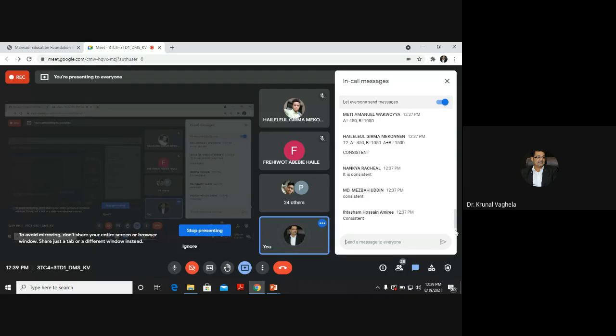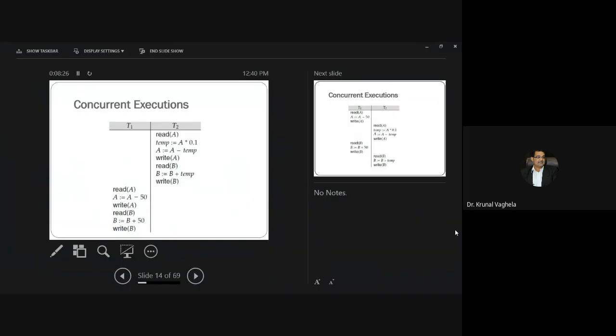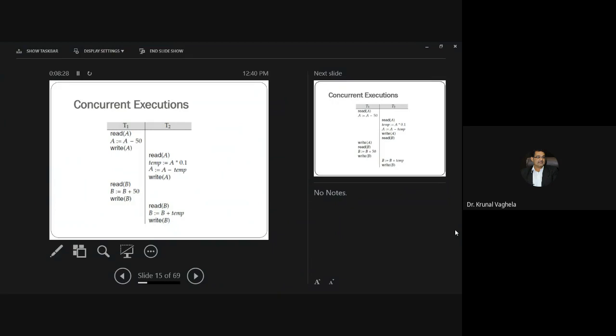Now let's run this parallelly. That means a few parts of T1, again a few parts of T2, again a few parts of T1, again a few parts of T2, and then we'll see. Now calculate. Now we are running it parallelly. Up till now we were running it serially. First part of T1, then some part of T2. This is schedule 3, a parallel schedule.